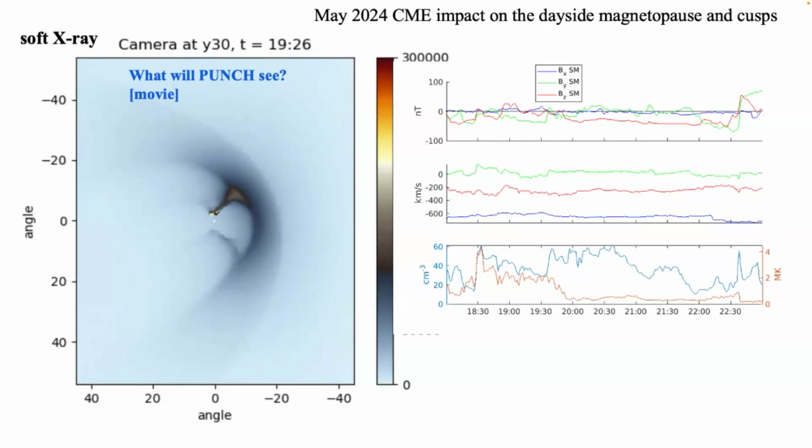Density pulse is coming. There. What will PUNCH see? No matter what PUNCH sees,